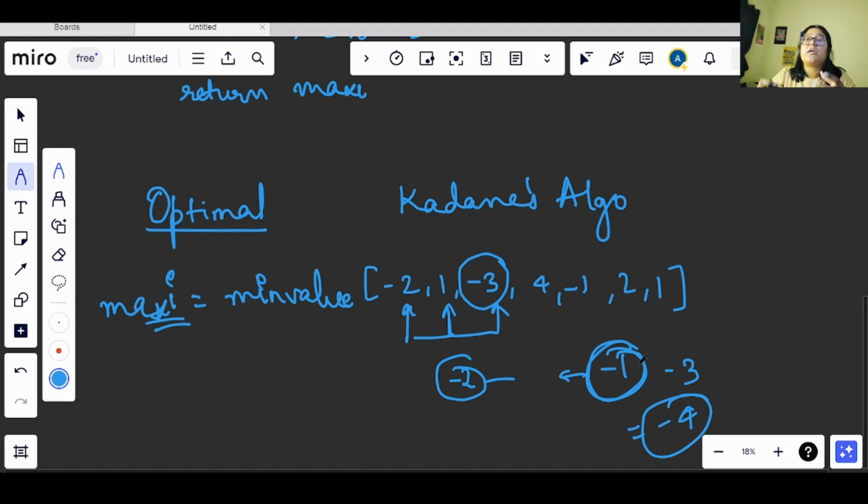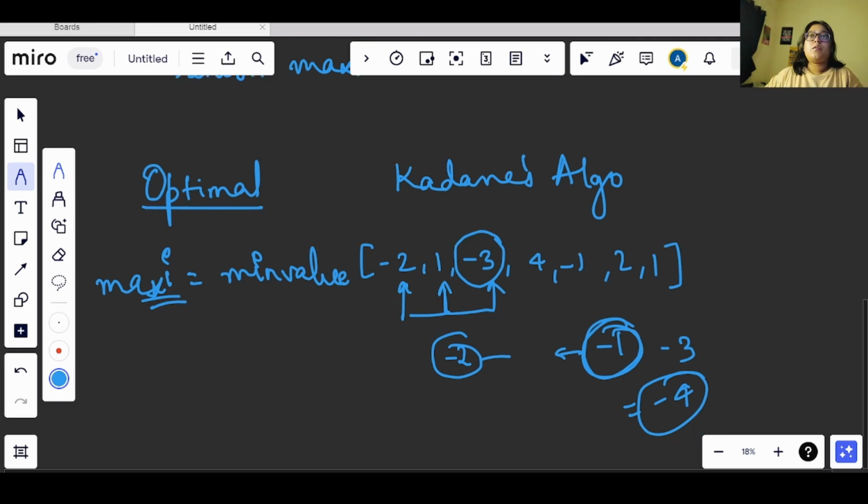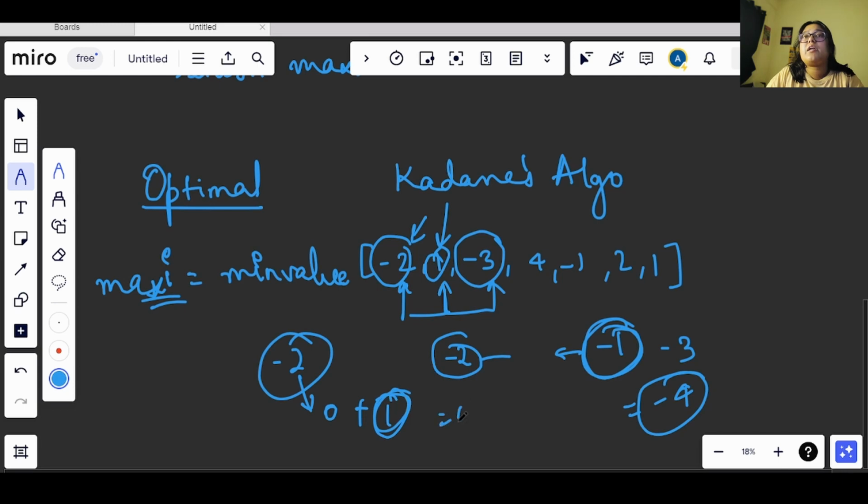So we need to check, right? If our sum is getting negative, then we need to update our sum to 0, so that we can get the most positive sum possible. Okay, now here what we were doing, we were adding up all the values and we got -4, and as I said, we want the most positive value possible. Now let's see here, we have -2. So if I had added this in my sum, and after this I changed the value to 0 and I came on the first index and I got 1 here, right? And if I added 1, I would have got 1 and this is the most positive value that is possible till now, right?